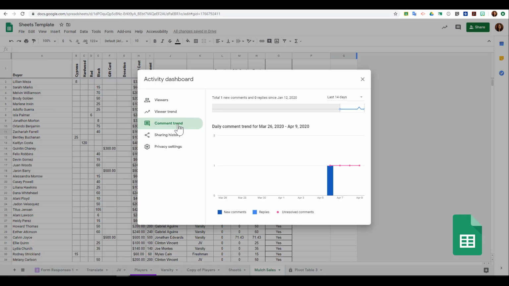Your comment trend is also here. It'll let you know how many comments have been made, but know that you can change these charts. So you can look at a custom range if you would like, or you can click that drop-down arrow and you can look at the last 7, 14, 30 days, etc. You can also put your mouse over any of the data that is on the chart to see what comments